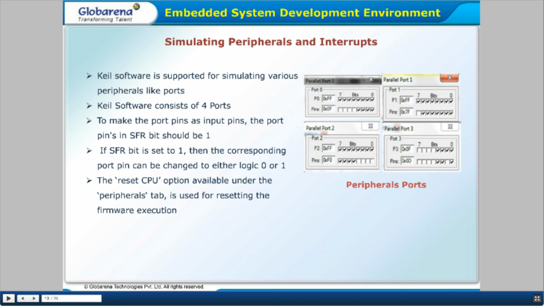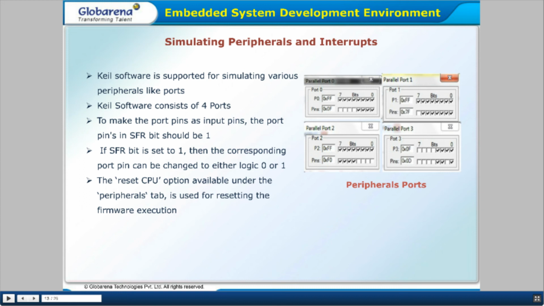SFRs, interrupt 0, interrupt 1, interrupt 2, interrupt 3. The Keil software supports simulating various peripherals like ports, and it consists of 4 ports. They are port pins, input pins.